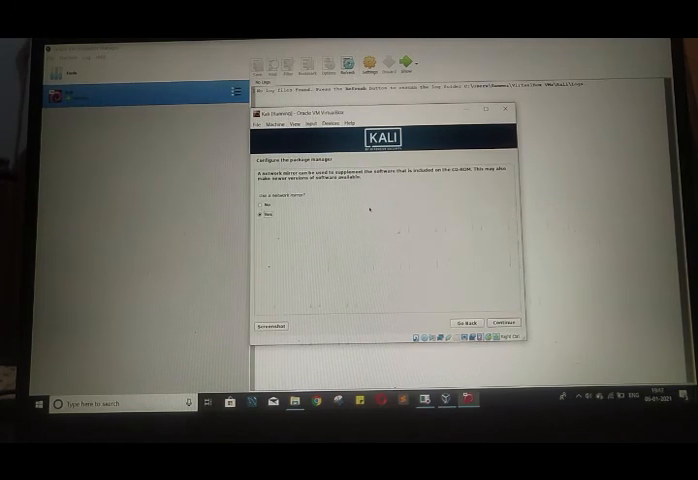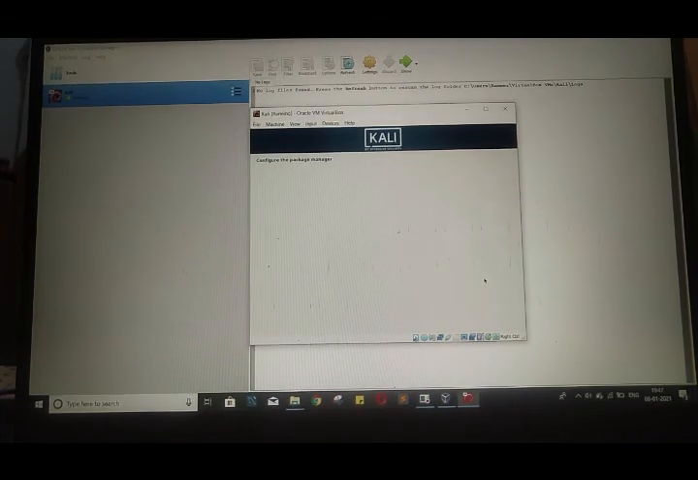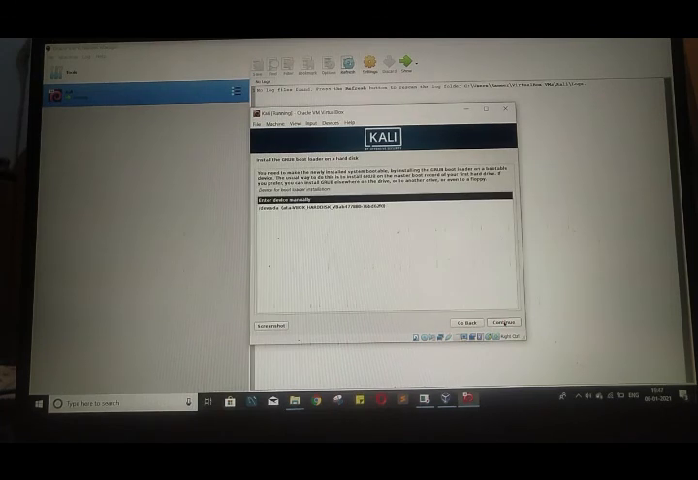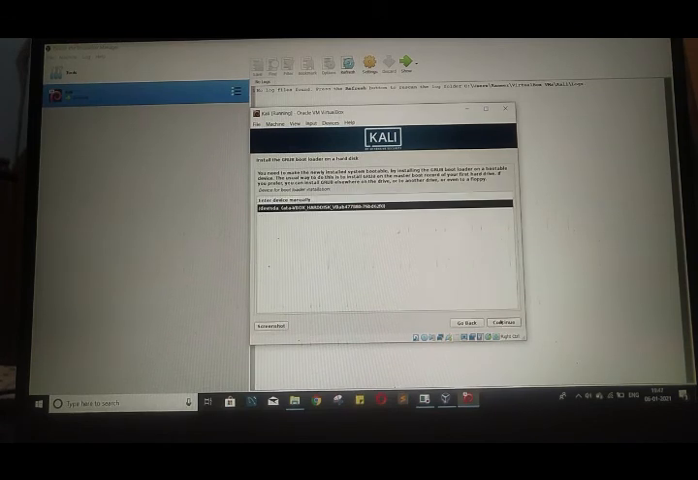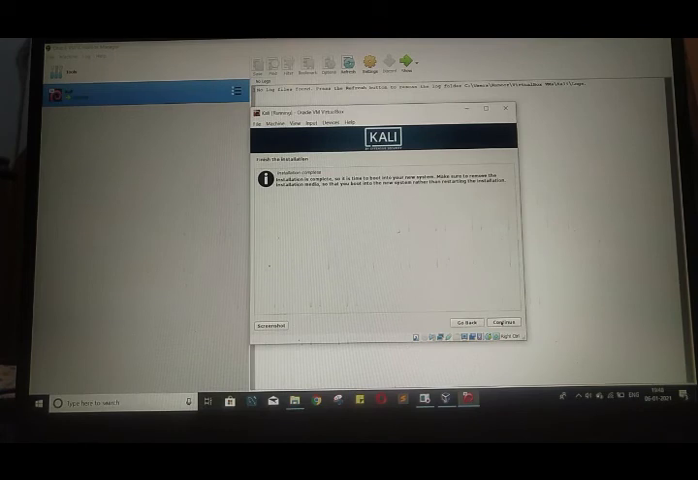It is asking if we want to use a network mirror. Let us set it as no and continue. It is asking to configure the package manager, and now it is installing the GRUB bootloader on a hard disk for us. Continue. It is finishing the installation now. Our installation has finished now. Let us click continue. Now we have Kali